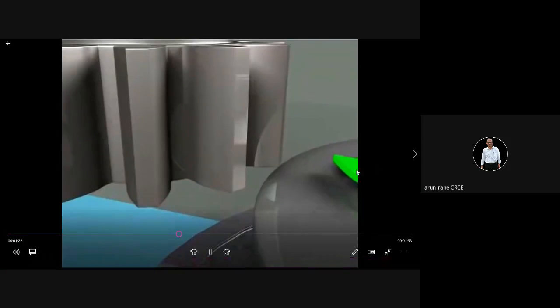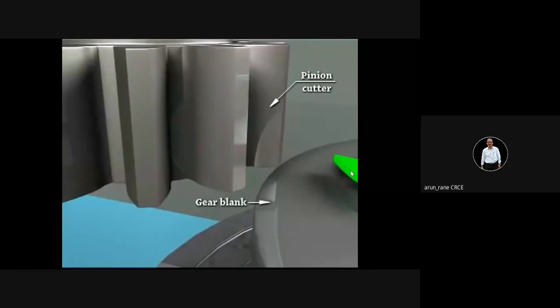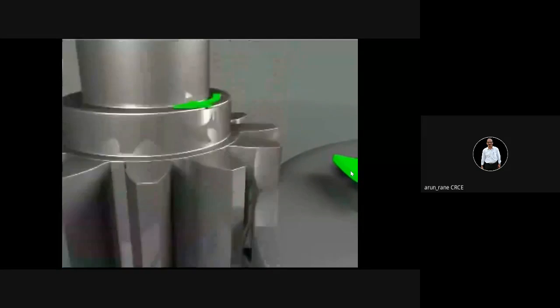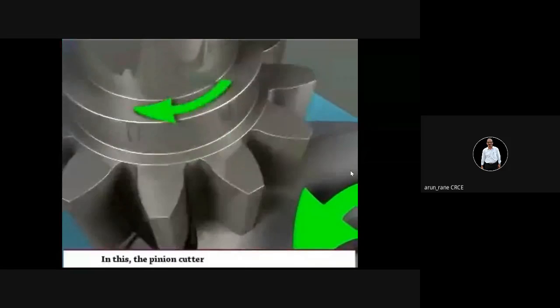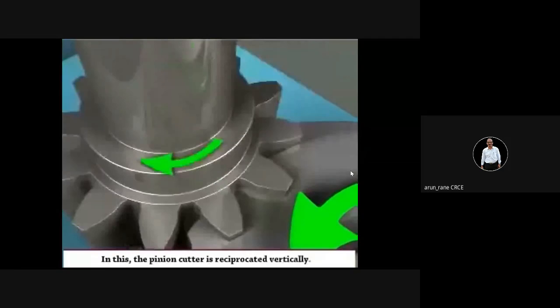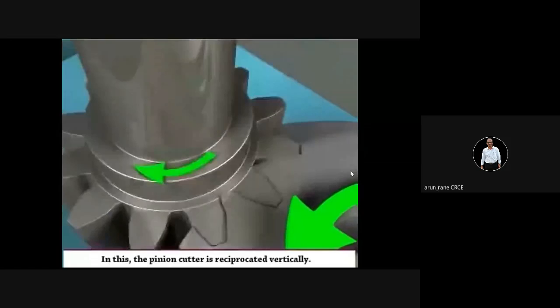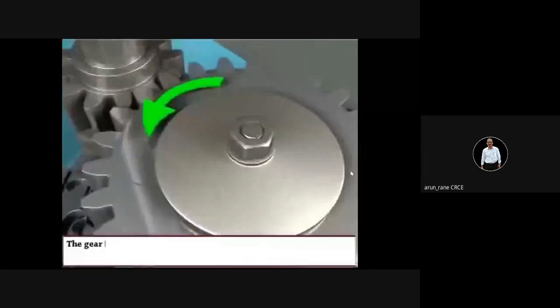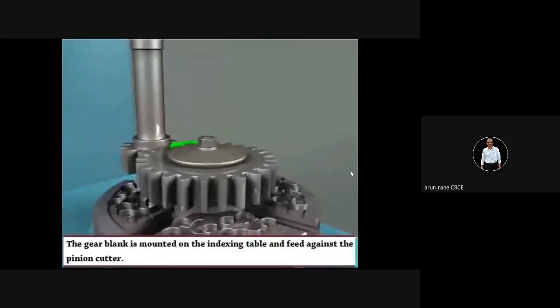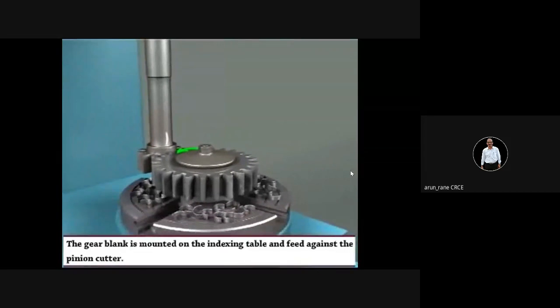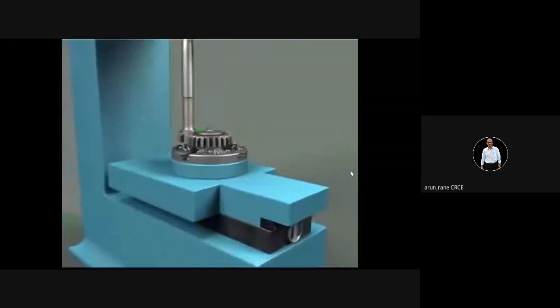So this is gear shaping. There are specific advantages of gear shaping and gear hobbing machines. When to use gear hobbing and when to use gear shaping. Generally, gear shaping is used for cutting cluster gears. I don't know how many of you know what cluster gears are. Cluster gears you can see in the gearbox of an automobile, of a car.